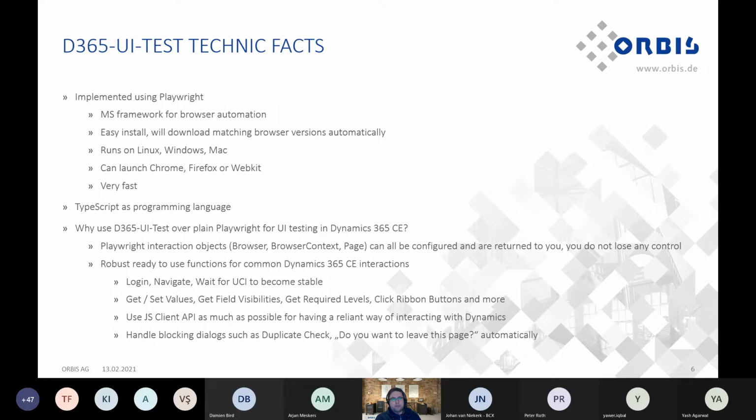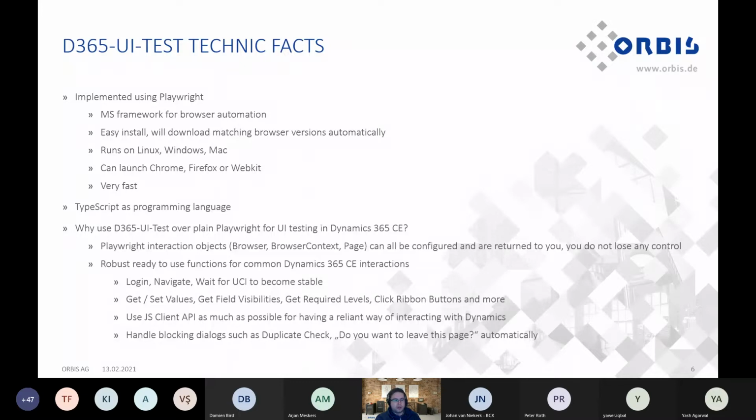But I think Dynamics 365 is really so complicated and so dynamic in what it shows to you that it makes really sense to use a framework which focuses on Dynamics 365, because of course you can write UI tests which navigate to your